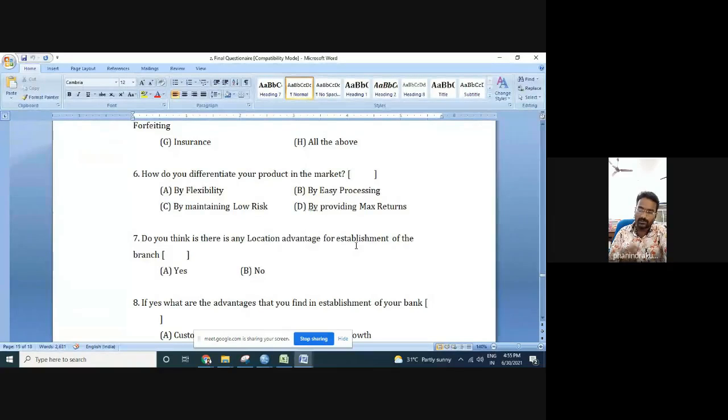For that purpose, you need to analyze. You need to think about which category and type of bank is best suited at which place. You need to identify a proper location, decide, and act. That's why you ask whether the locational advantage is there or not. Then you say yes or no. If it is yes, yes. If it is no, no.